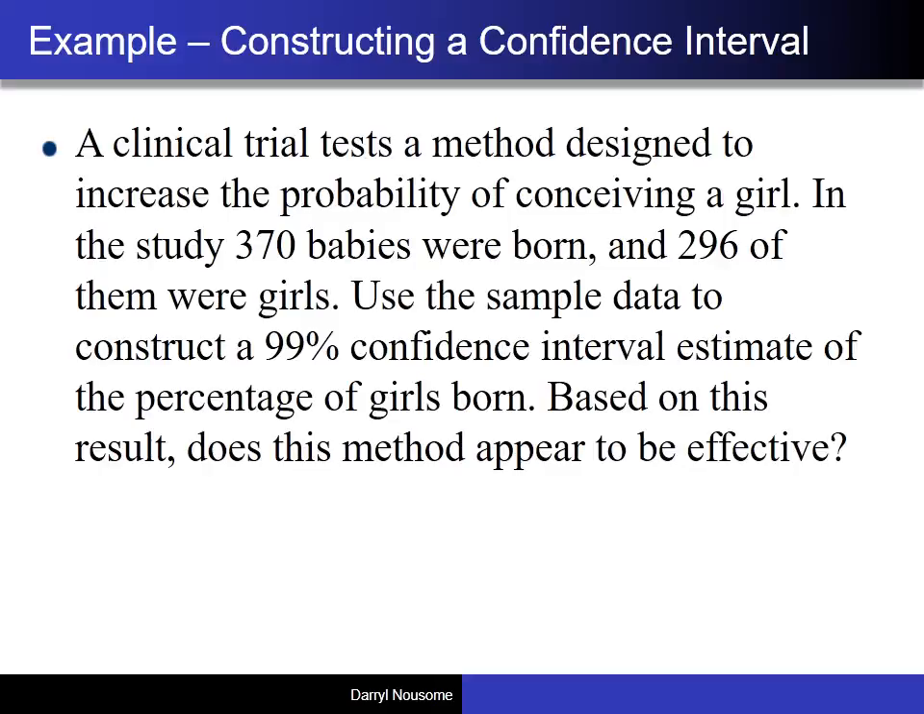But this is asking, in a clinical trial, there are 370 babies that were born and 296 of them were girls. Use the sample data to construct a 99% confidence interval based estimate of the percentage of girls born. Based on this result, does this method appear to be effective? Okay, and you would set when you think this is the confidence level and the critical values you would need, and whether this is a precise estimate or